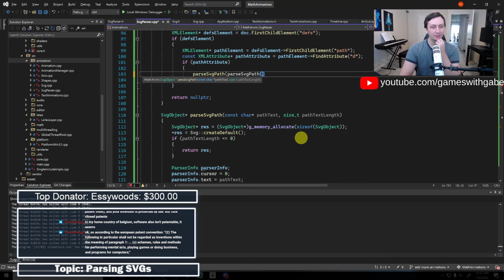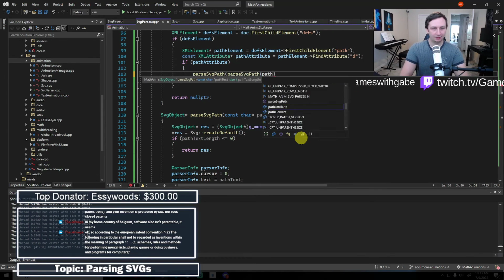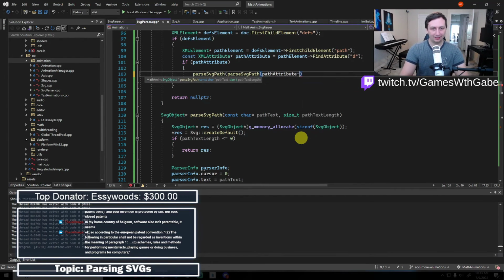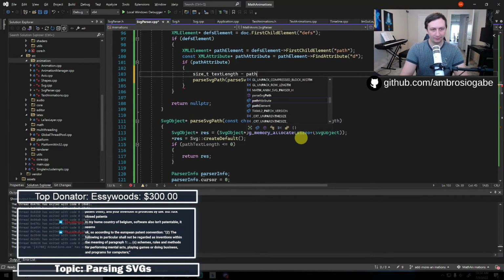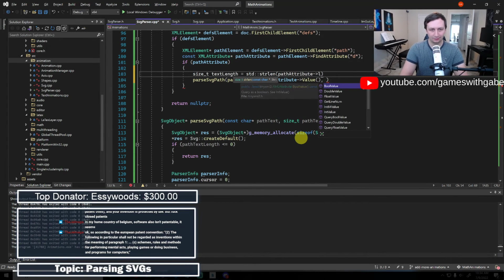Okay, and then we'll give it the path text, which is just that value. Okay, and then we give it the text length, which we can get by doing that. Okay.